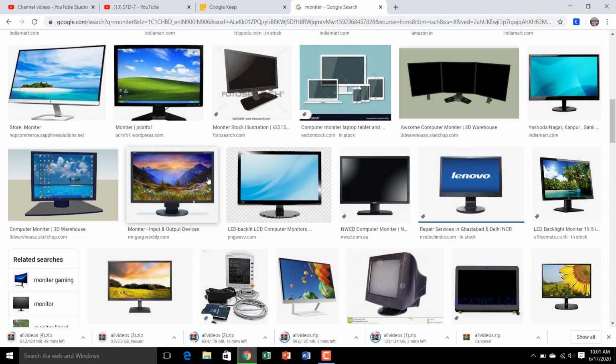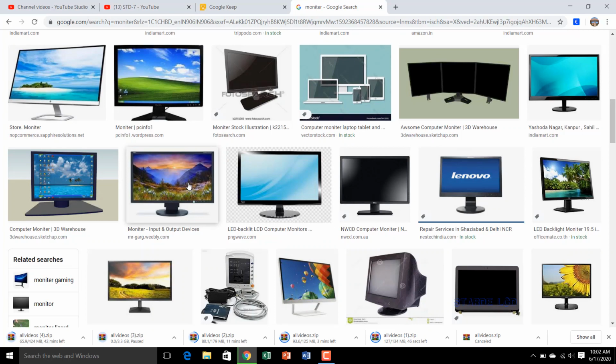What is the exact work of a monitor? When we type any text from the keyboard or do any activity, it is displayed on this screen. These are screens like Windows. See, this is the Windows screen. There are screens like this for all the different computers. So these are the monitors.